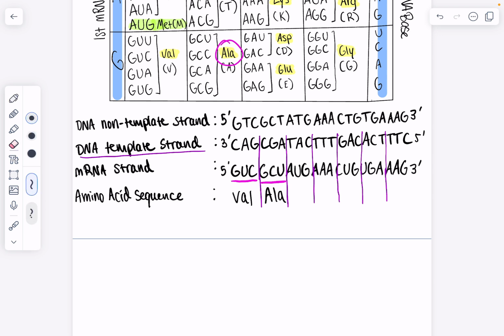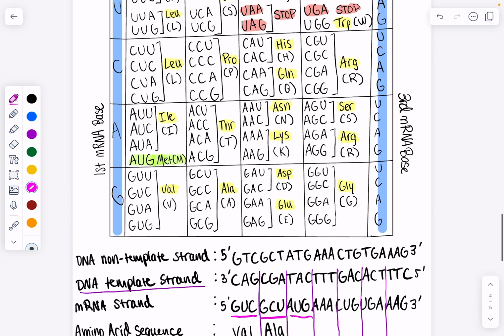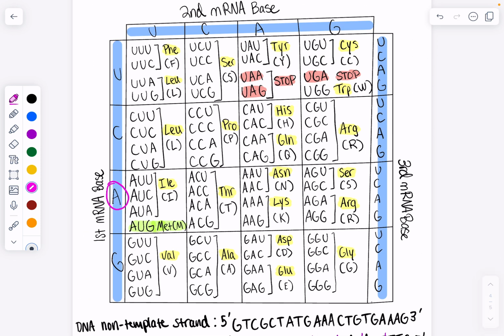Let's go with AUG. To the top, A, U, and G. And AUG is going to correspond with MET, the amino acid methionine. And you might have noticed that AUG is actually highlighted green. And the reason why I did that is because